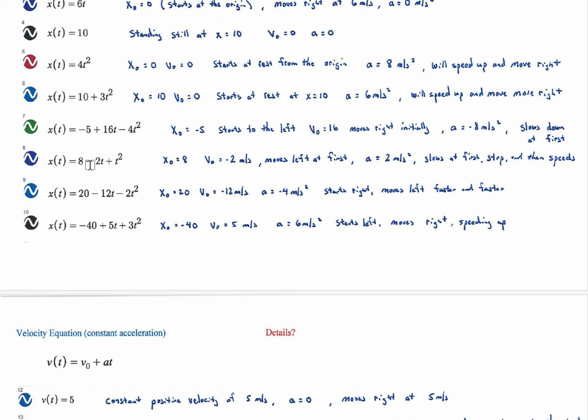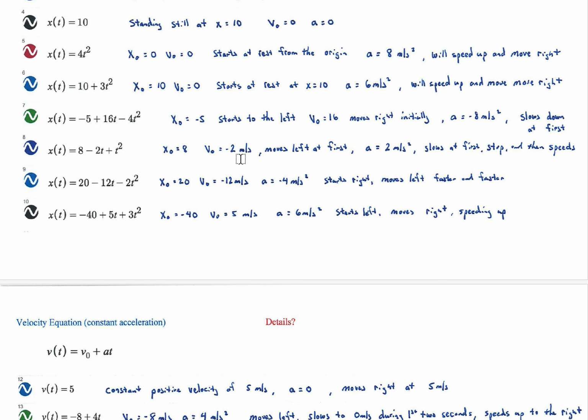All right, looking at 8, starts at 8, starts moving left, but has a positive acceleration of 2. And so it's going to move left at the beginning. It's going to be slowing down. It's going to stop, and then it's going to speed up. And this one's really easy because, look at it. If it's got a -2 meters per second velocity to the left, but it's increasing its velocity by 2 meters